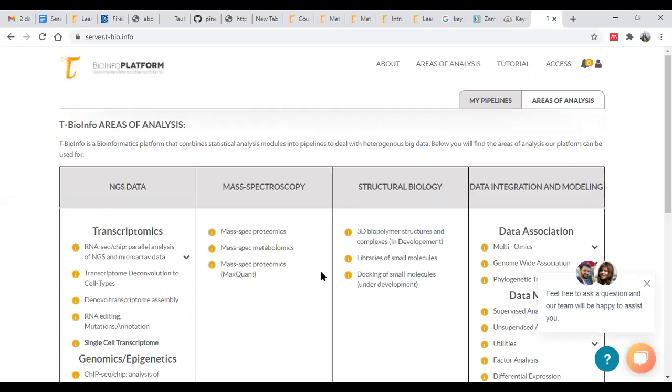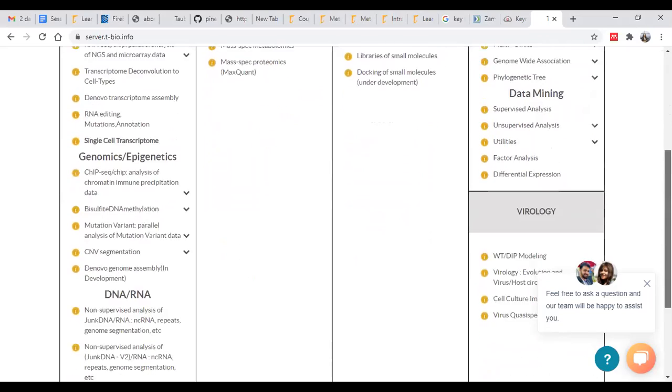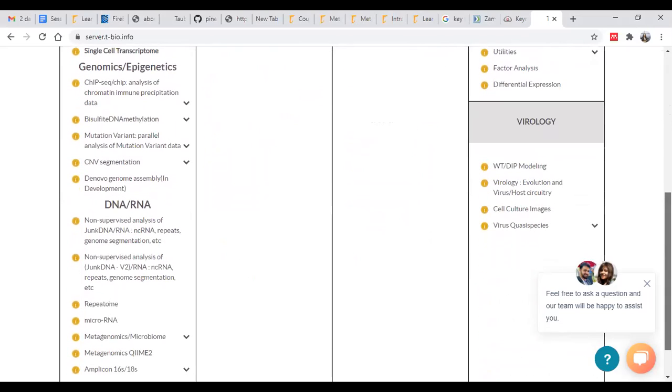Once you are on this T1 platform, just let me know so that we can understand how we can perform metagenomics analysis, what it represents, what the differences are and what the different types of input files are.